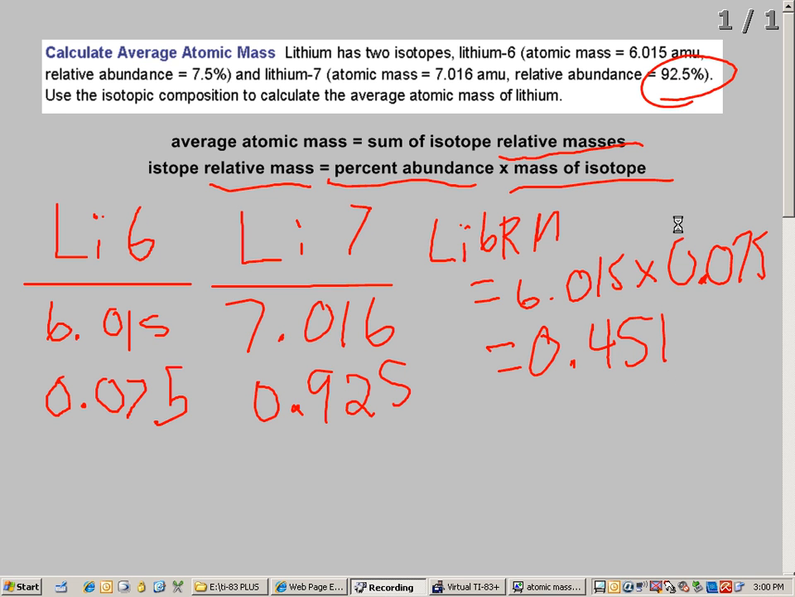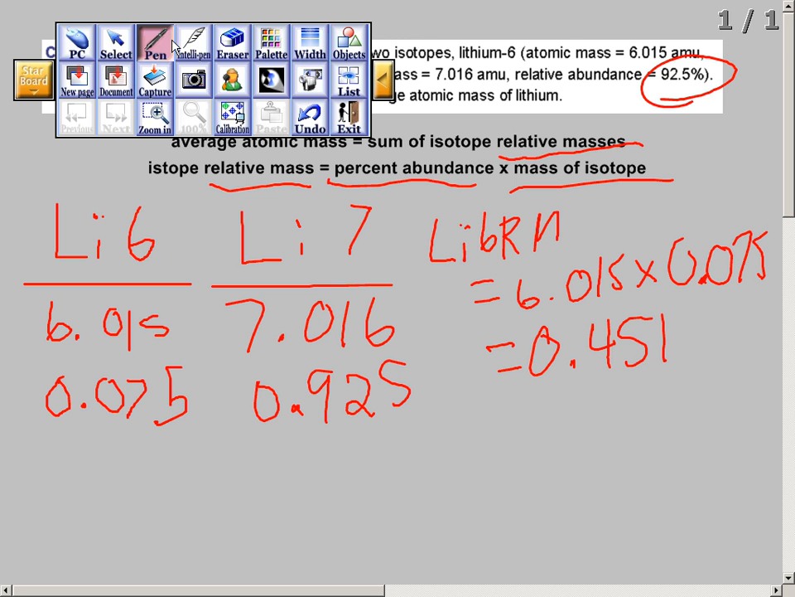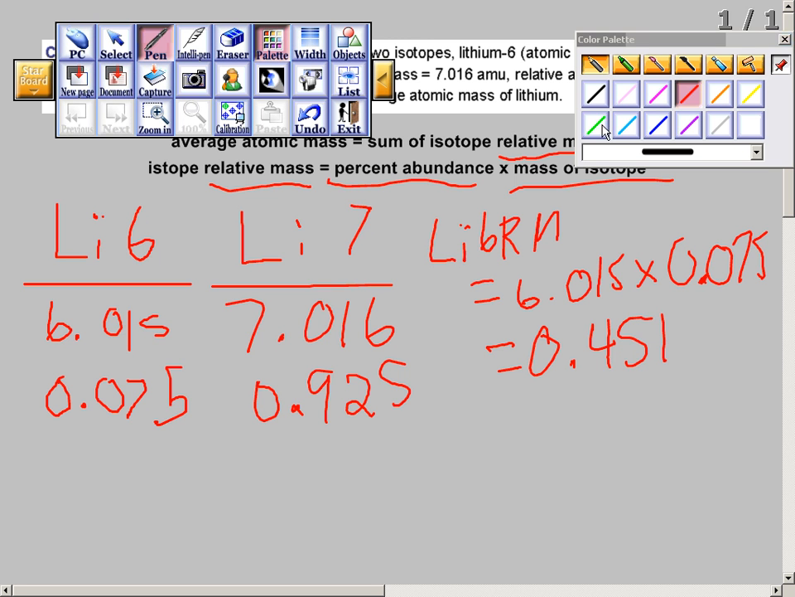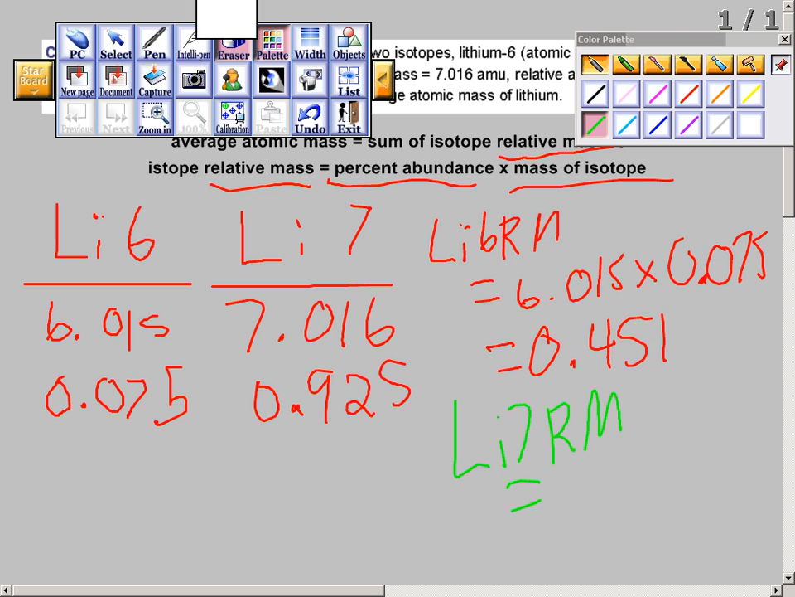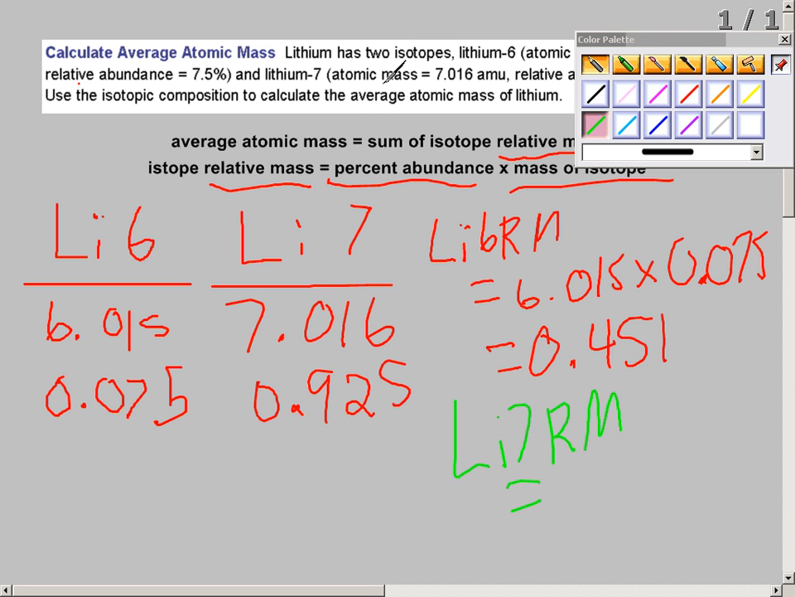Now, I'm going to do the same thing for lithium-7. Let me change the color of my ink so you can see the difference. So, lithium-7 relative mass is equal to 7.016 times 0.925. And when we plug that into the calculator, we get